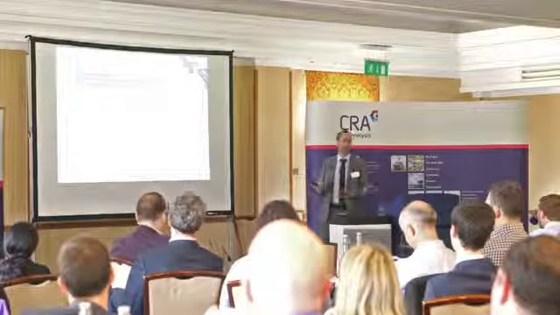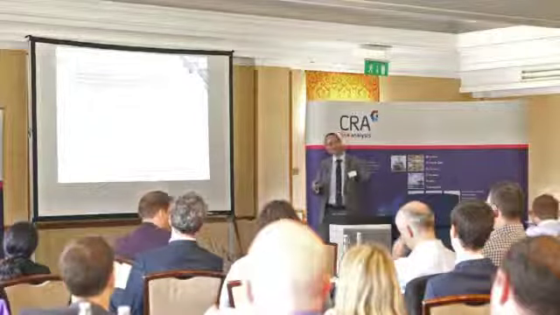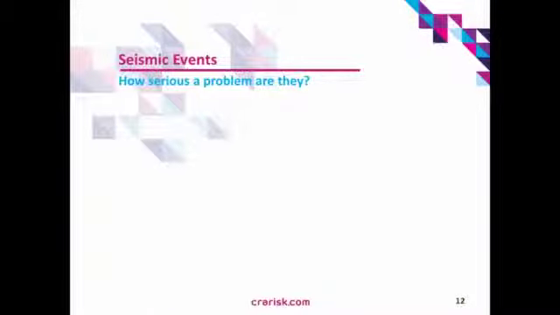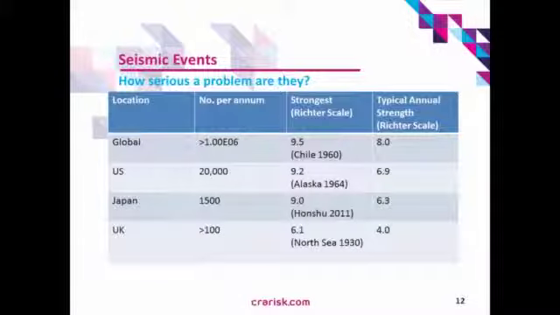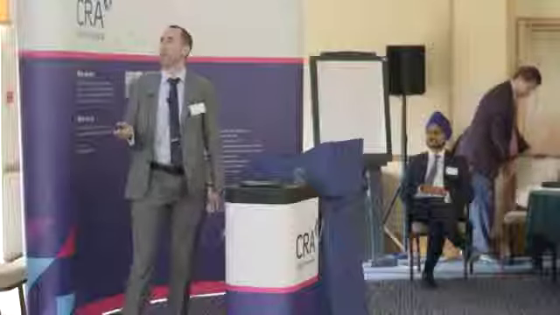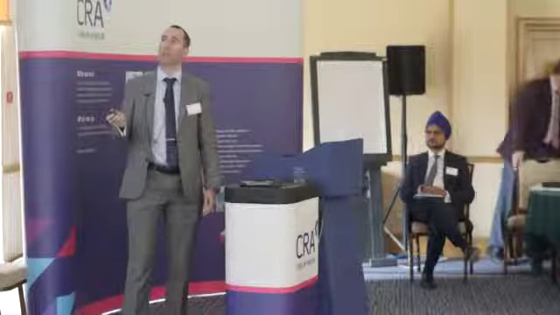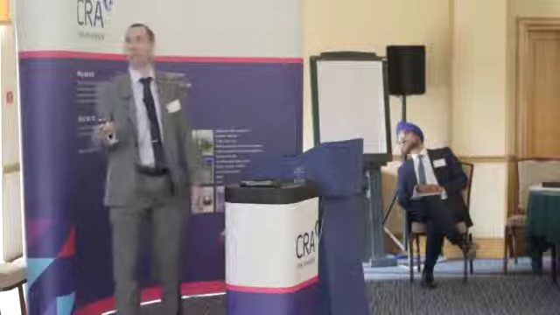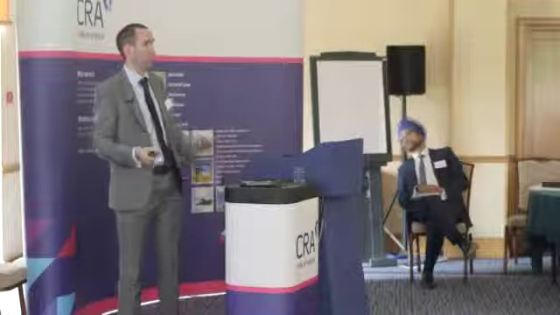So, okay, seismic events, we know they're a problem, but how serious a problem are they? So here are some stats, putting them all in context. The global and US ones are from the US Geological Survey, the UK British Geological Survey, and Japan, the Japanese equivalent. Here we've got how many per annum. The key thing about this column is, apart from Japan, they're all ones that they say happen, but you don't feel. Japan, the 1500 district ones, it will actually go in the ground. Other than that, they're all directly comparable.